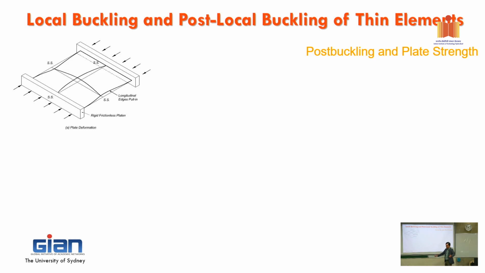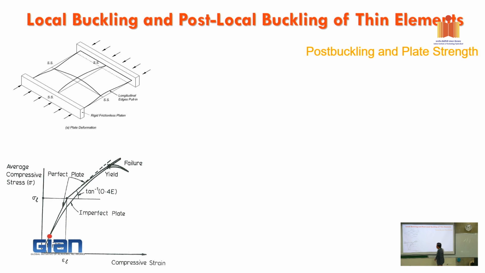In the middle, it starts to bulge a little bit because it buckles. That gives us a very interesting observation. Instead of going straight to sigma critical and collapsing, as in the theory that we learned,